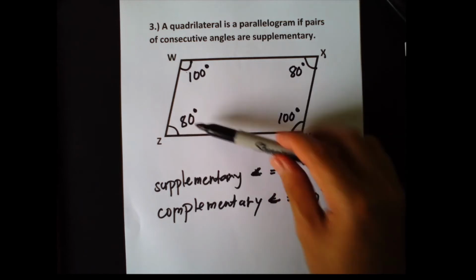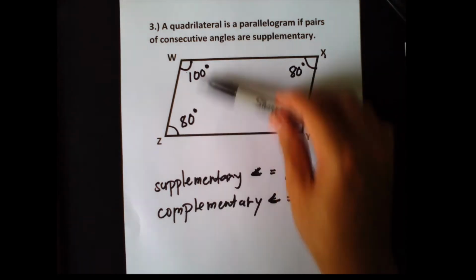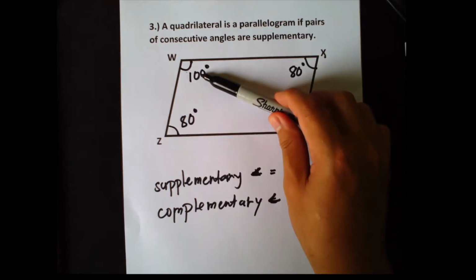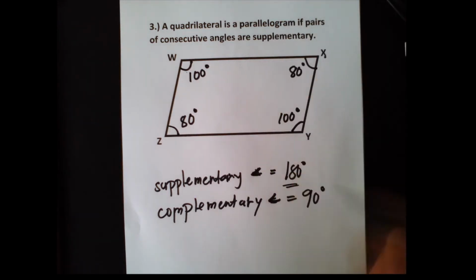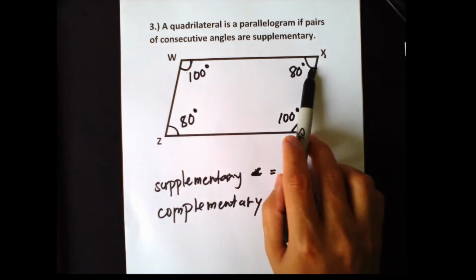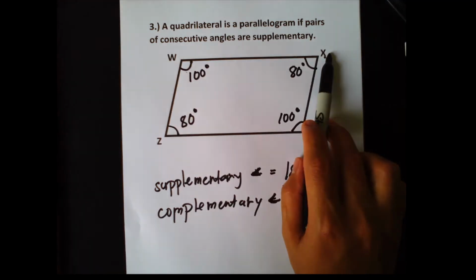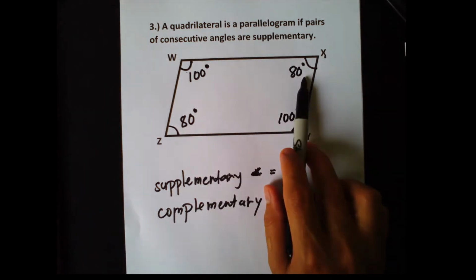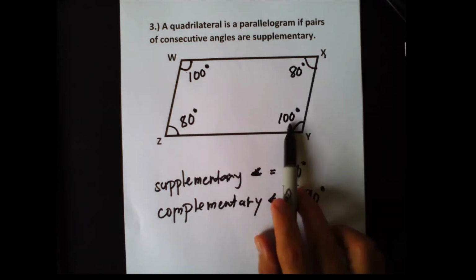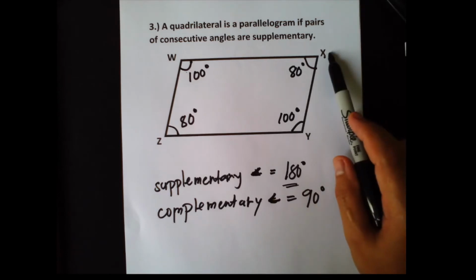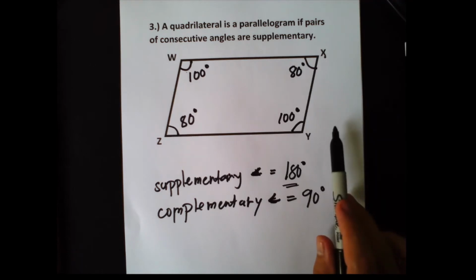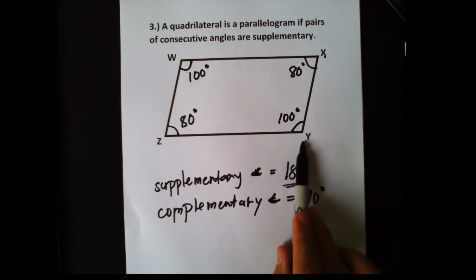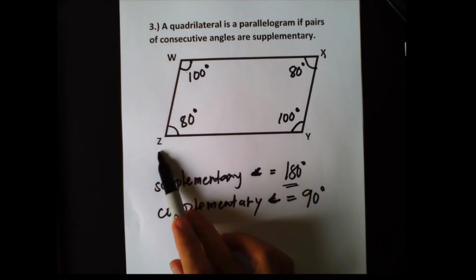If we add these two measurements, we get a total of 180 degrees. This one also, these are consecutive angles with a total of 180 degrees. And also this one, the consecutive angles angle X and angle Y, have a total of 180 degrees. And angle Y and angle C are consecutive angles with a total measurement of